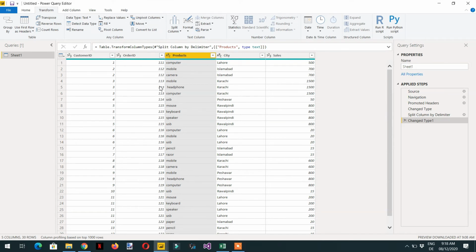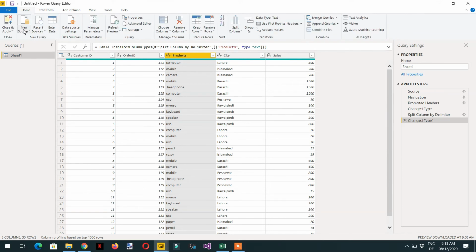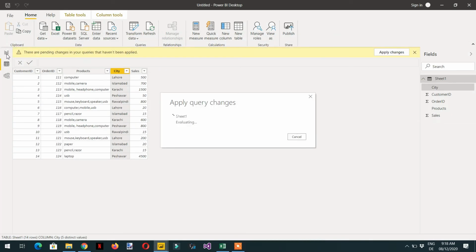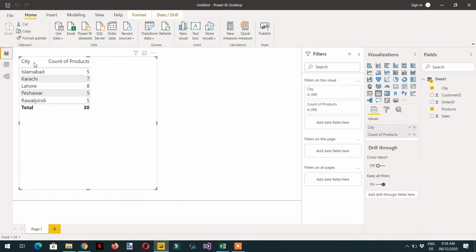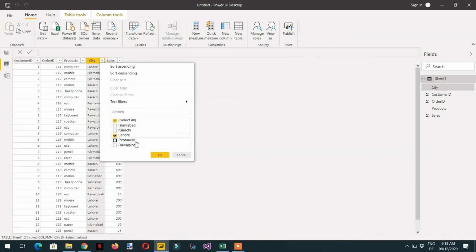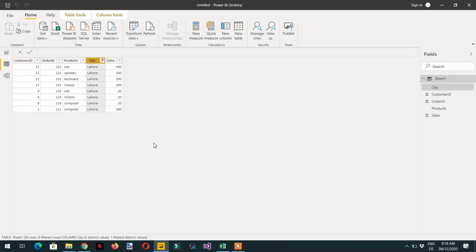So now we need to load this data, close and apply, and here you can see we are getting these values. For example, Lahore, these are 8 values. Why is it 8? Let's go to the data tab and select Lahore.